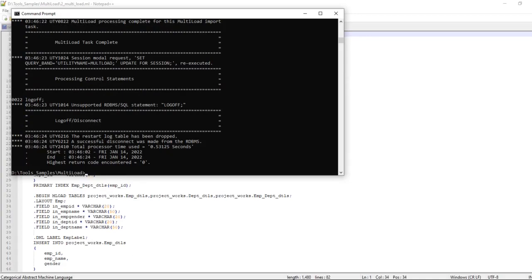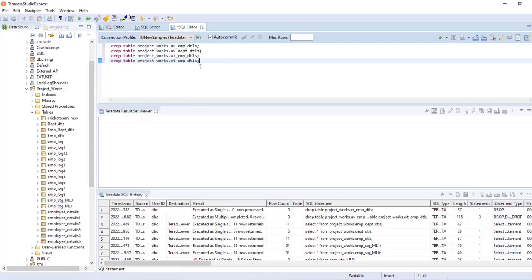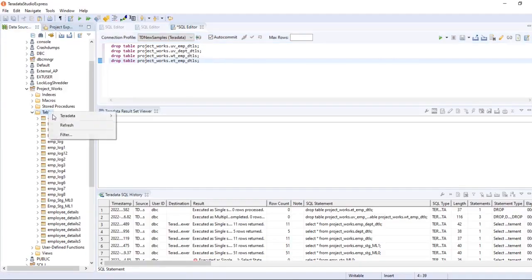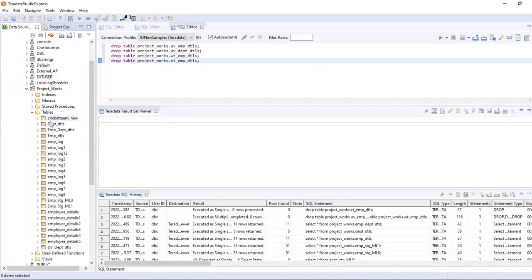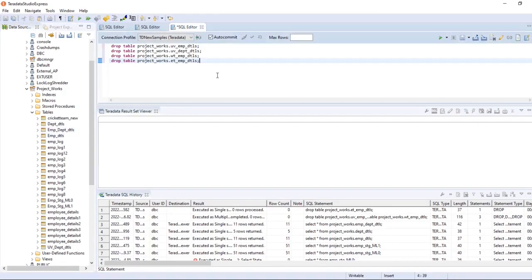Now we'll go and see the same in the database tables. Just refresh it and see the tables first. What tables have we created? DEPT details, EMP DEPT details, and EMP details.